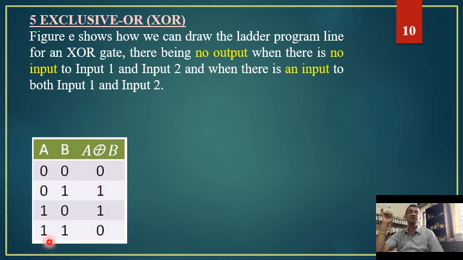But here is the difference. When both the inputs are available, if it is an OR gate, then output must be available. But because it is a XOR gate, now output is not available over here. This is the only change that we find in the XOR gate when compared to the OR gate. In the OR gate, 1 1 will give us 1, whereas in the XOR gate, 1 1 will give us 0. Rest of the things remain the same.